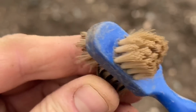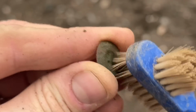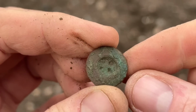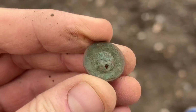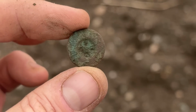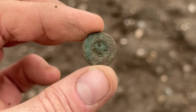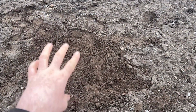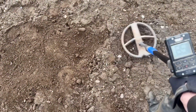This is actually number 4. But I've got a coin. Plenty of bits of lead. It's got busier now that I've moved up to a different part of the field, but it was a real slow start. That's me just gone about an hour and 15 minutes, but probably 100 to 200 years old. That was a very debatable one. Turned out to be a shotgun cap, but right next door,